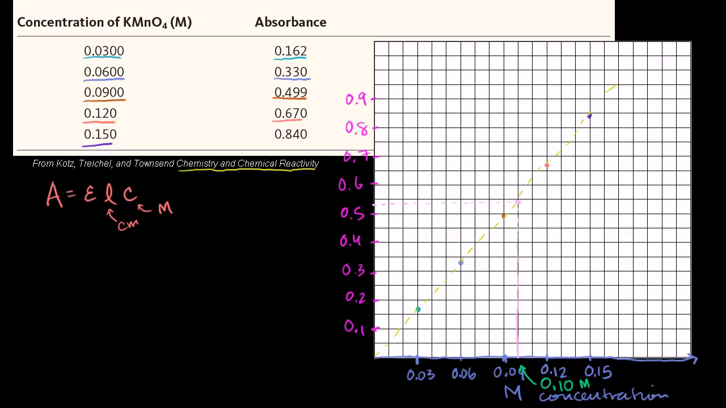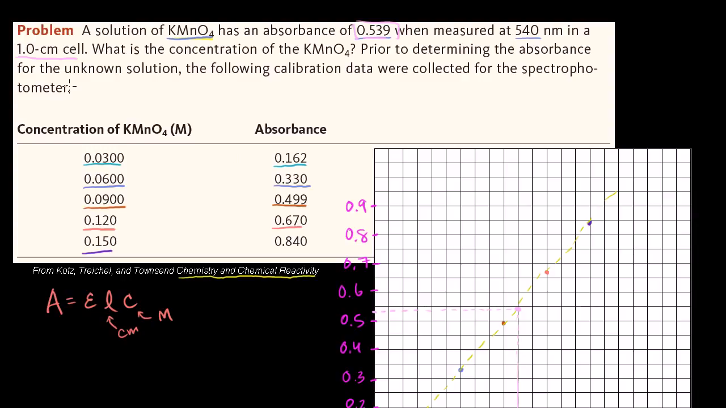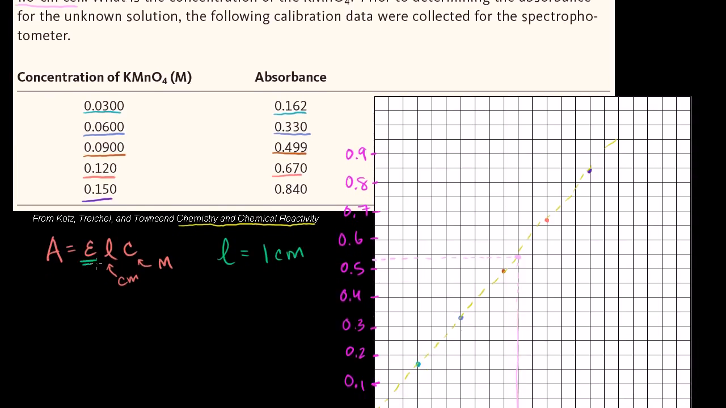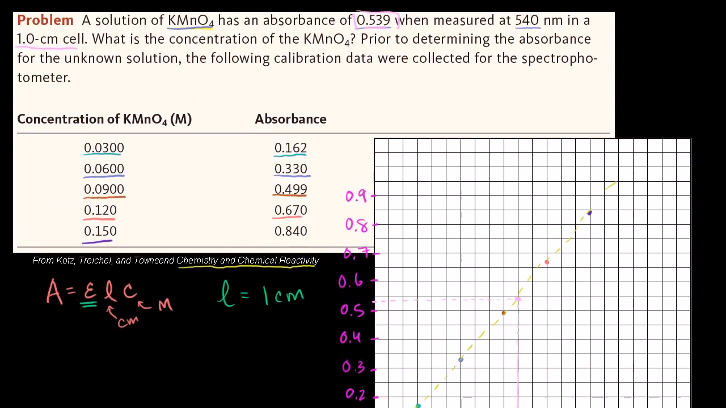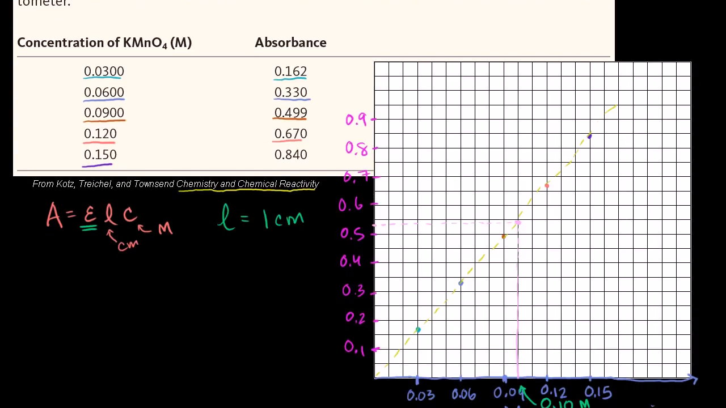So we know all of these were measured at the same length, or at least that's what I'm assuming. They're all in a 1 centimeter cell. That's how far the light had to go through the solution. So in this example, our length is equal to 1 centimeter. So let's see if we can figure out this constant for potassium permanganate at, I guess this is probably standard temperature and pressure, for this frequency of light, which they told us up here. They told us it was 540 nanometers. So if we just take the first data point, might as well take the first one, we get the absorbance was